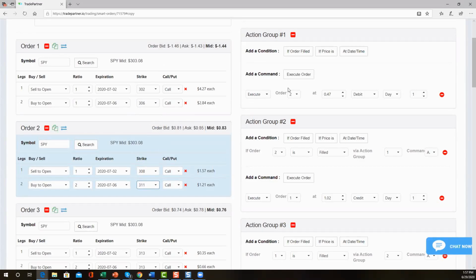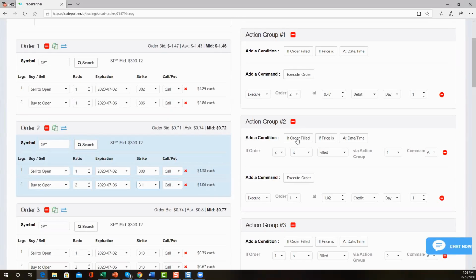So if I wanted to do this, I've got more risk in both scenarios. If I get filled on my credit, but then I don't get filled on my bullish, and the market skyrockets, then how much am I risking? I'm risking $250 on this trade. Or if I get filled on my debits at, let's say, 144, and then I don't get filled on my credit, then I'm risking $144 to the downside.